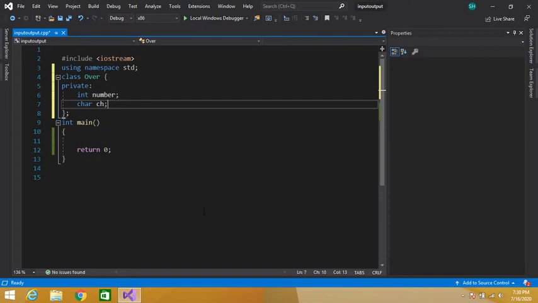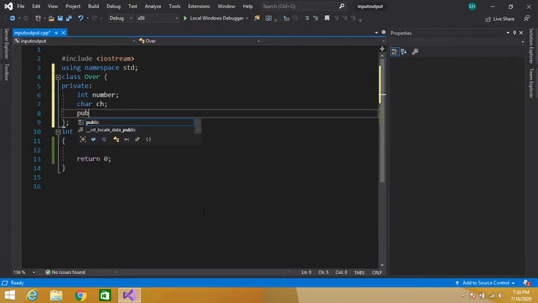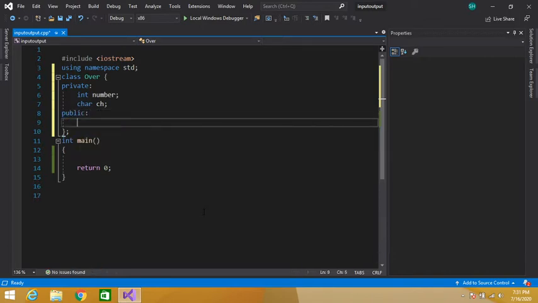We have to use multiple constructors with the same name but different parameters. The name of the constructor and class must be the same, so Over.